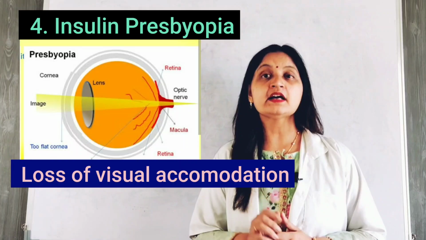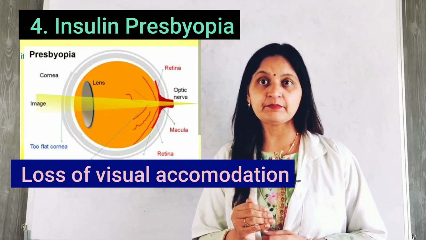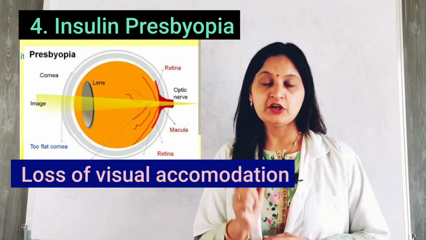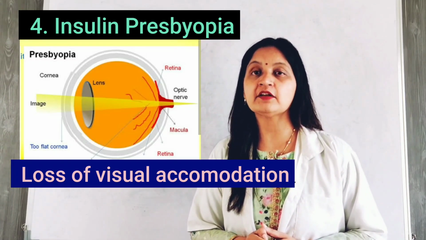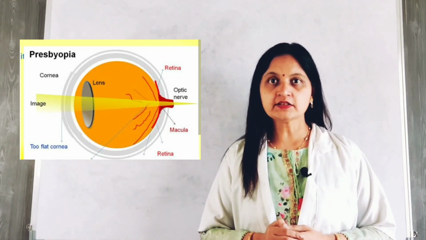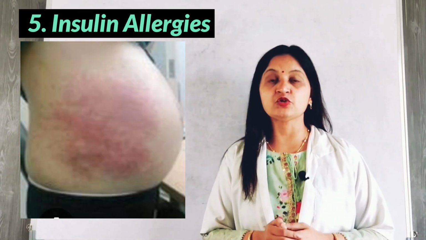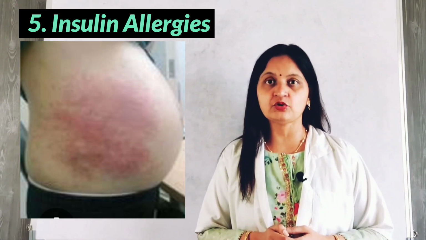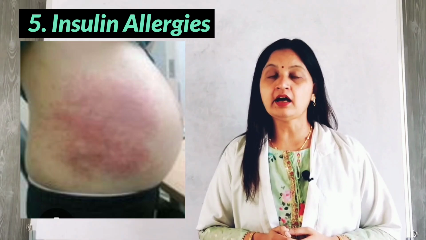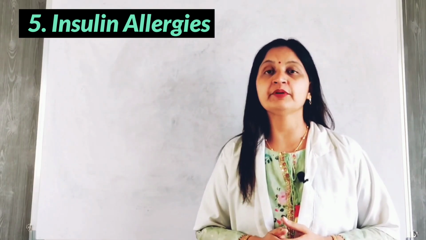Insulin can also cause presbyopia, which is a condition of the eye, and this occurs because of rapid control of hyperglycemia with insulin, which can cause alteration in the physical properties of the lens. Because of the alterations in the physical properties of the lens, there is loss or diminished visual accommodation. Lastly, insulin allergies can occur with various types of insulin preparations such as insulin detemir, glargine, protamine and so on. However, true insulin allergies are rare. These reactions can occur because of additives to the insulin preparation such as zinc, protamine and other substances.